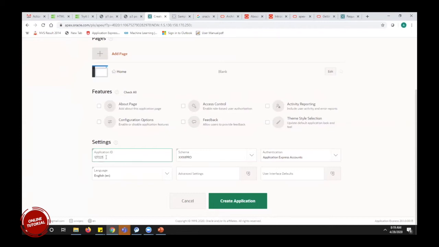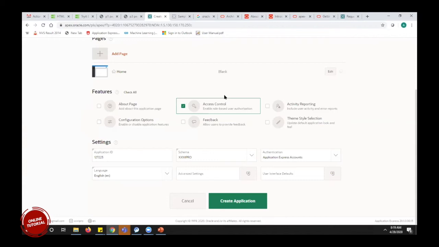It will throw me an error. Once I am creating it, this is auto generated from the backend itself. If I click, you can see here features. In these features, we have something like access control. Once I click on this, we will have the access control of our application built itself. I need not create the access control explicitly for our application.